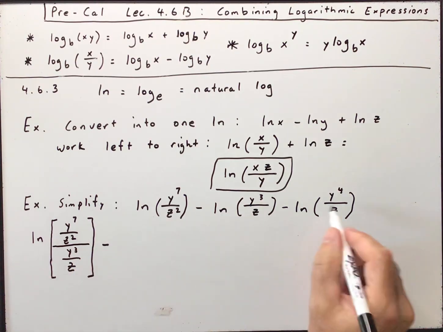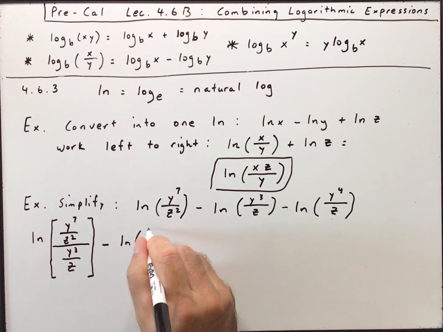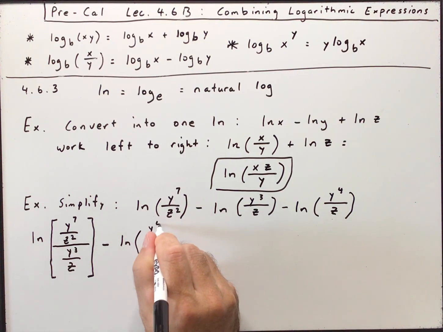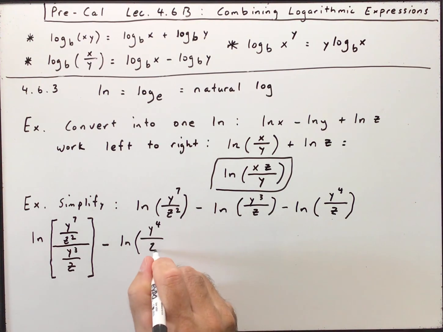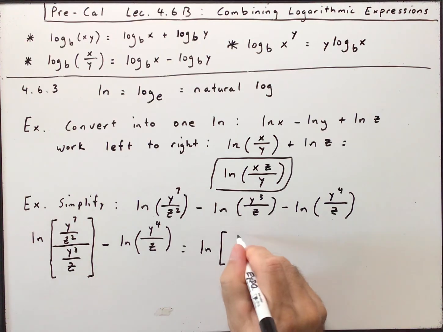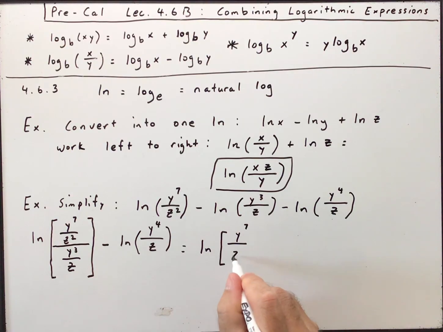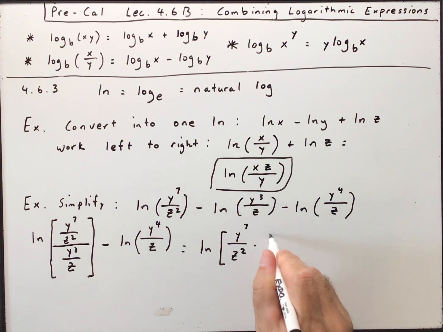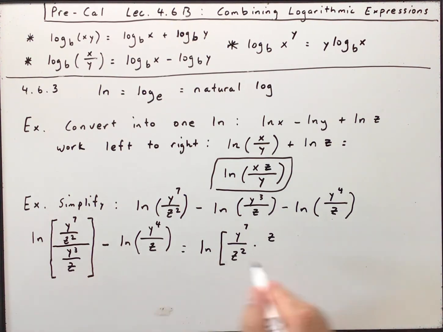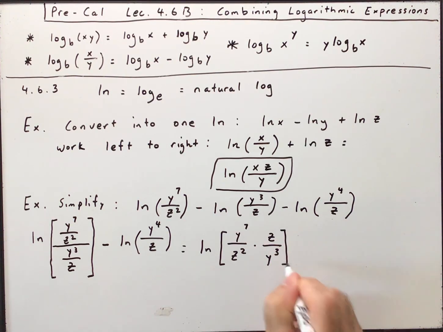And then minus this last term, I haven't done anything with that yet, the natural log of y to the 4th over z. So this is going to be the natural log. So this bottom fraction we're going to flip and multiply. So we have y to the 7th over z squared times z, I'm flipping the bottom, over y cubed